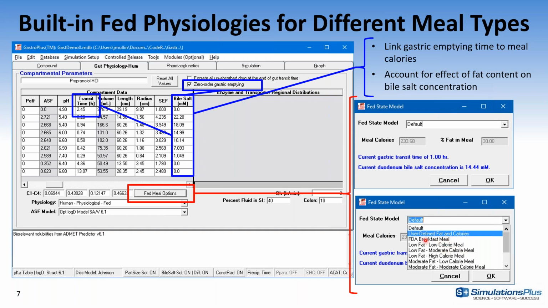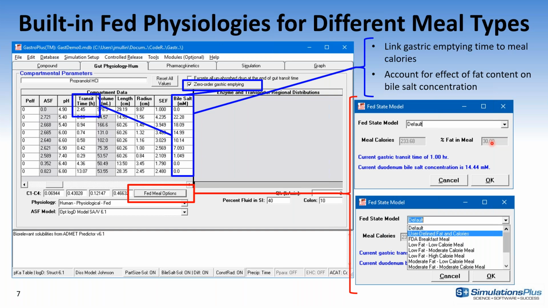And as one of the options, we entered specifically FDA breakfast meal, since in the guidance we were able to find specification for the calories and percent fat in that meal. So you can directly select what would be the prediction for the FDA breakfast meal specifically. And you do have an option also to define your own calories and percent fat by selecting user defined. If you select user-defined option, the entries for calories and fat meal will be enabled, and you can define how many calories, how much fat in the meal it is to start making predictions.